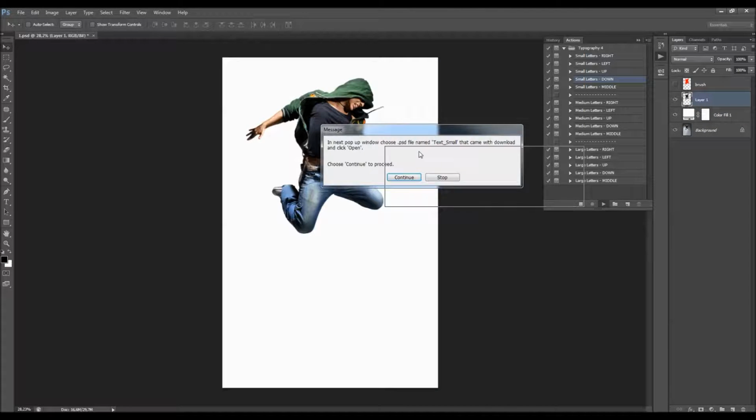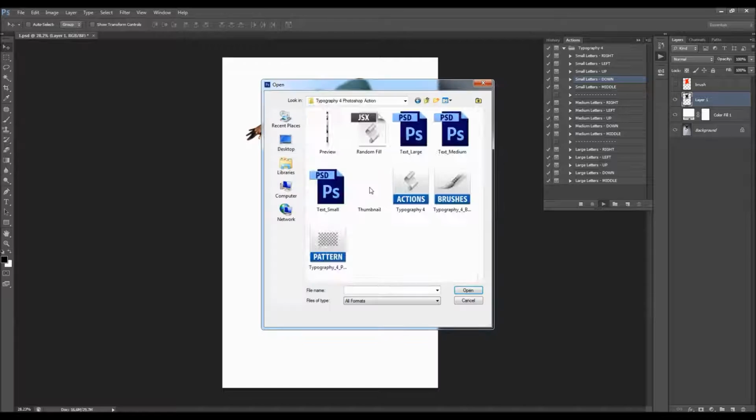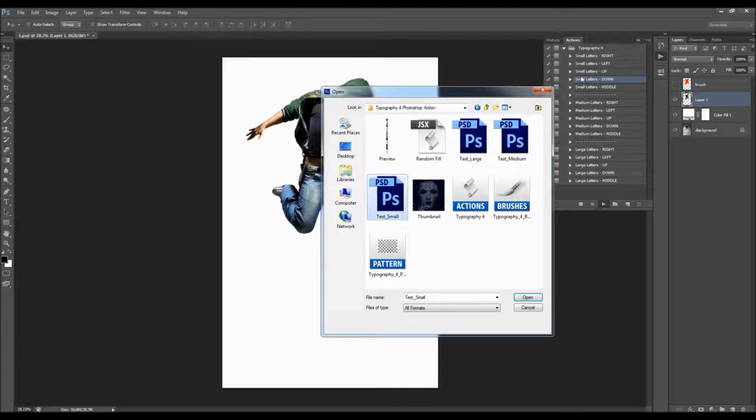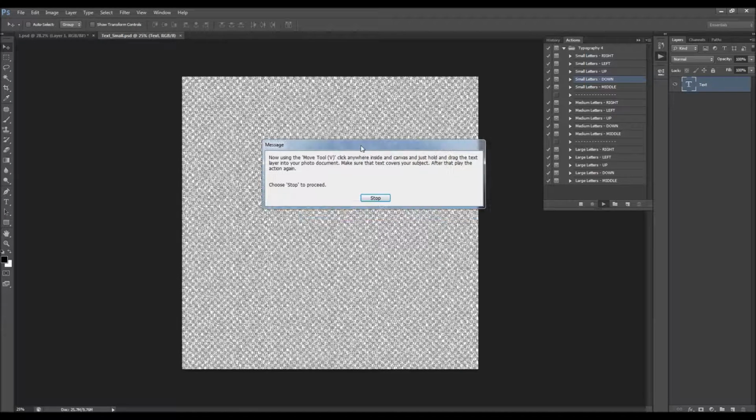Okay, here's the first message, and it says in next pop-up window choose PSD file name text small that can be downloaded and click open. Choose continue to proceed, so just click continue, and you should choose text small there because I have used the small letters size of the action here, but of course if you want you can open a larger or medium one, if you wish that your subject typography letters are larger than the dispersed letters. Okay, so just gonna choose this one, click open,